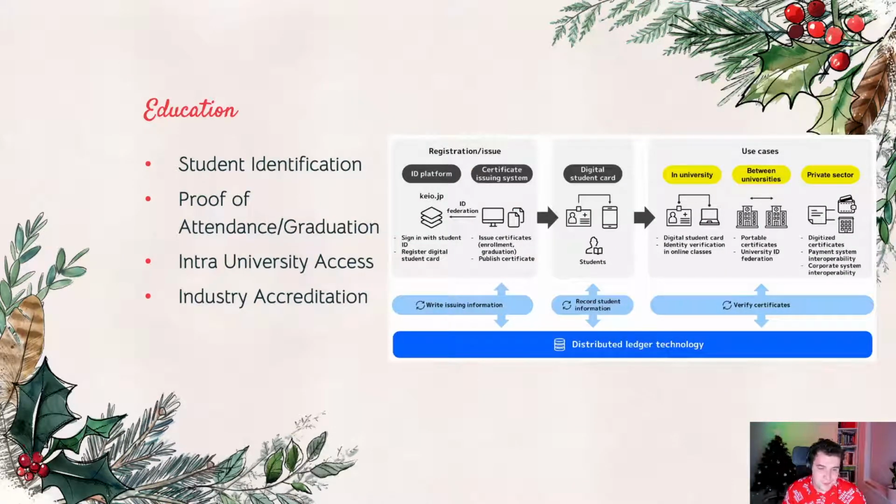The final use case that I think is going to pop up a lot is education, and I kind of touched on this earlier. Obviously, with an education provider going bankrupt, but you see that VC has a lot of use cases in student identification, proof of attendance, and graduation. Universities are really great at allowing access between them, from University A to University B, using it in those scenarios. Obviously, decentralized, easy for everyone to adopt. And also things like industry accreditation, like Susie is a verified accountant. James has an Azure Architect Expert certification. You could publish all that sort of information onto a decentralized identity solution.